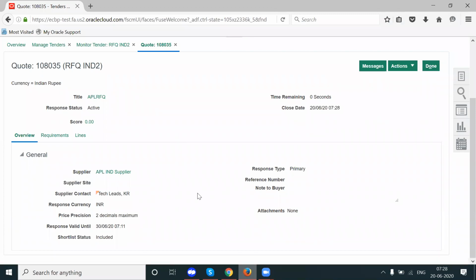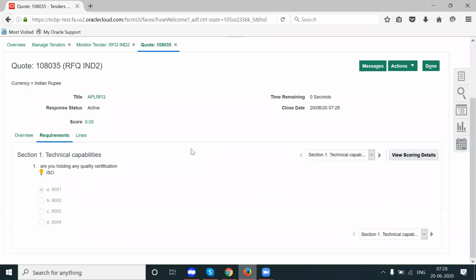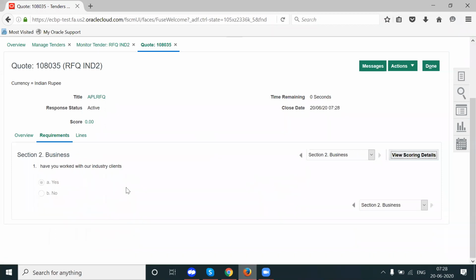So you can see the details. This is just an overview. The response validity is 30th, and click on the requirements, and you can see the answers. This is the answer for the first question, and this is the answer for the second question.